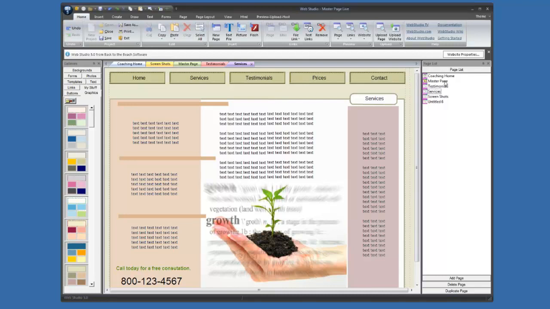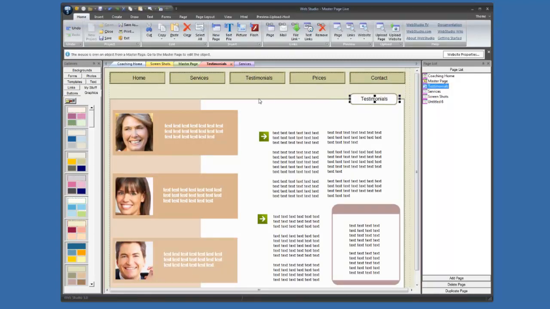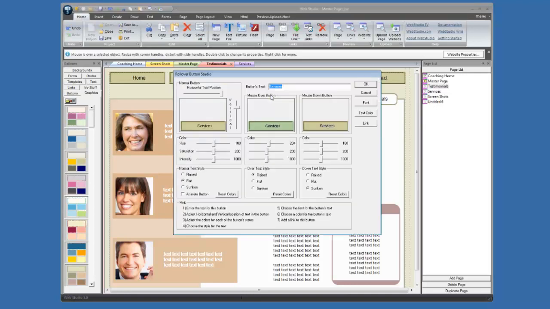And so what I'm going to do is I'm going to go to the master page, and I'm going to pick up a button. I'm going to click on it. I'm going to copy it. And I'm going to go to testimonials, and I'm going to paste. There's a couple of things I'm going to do. I'm going to double click to open the